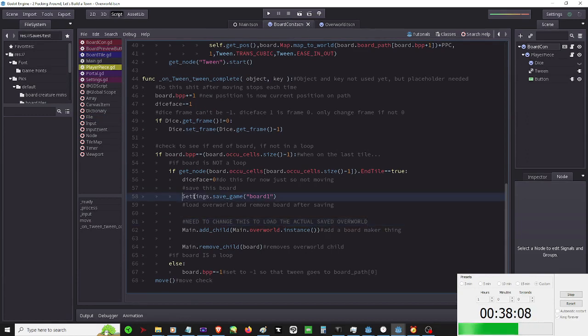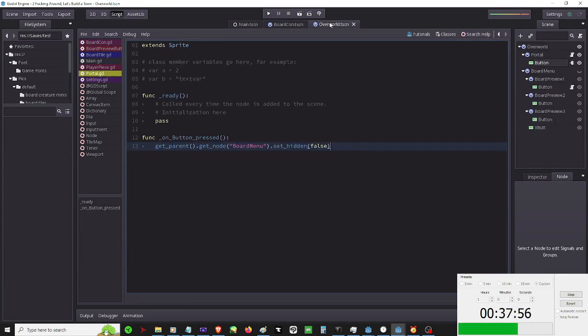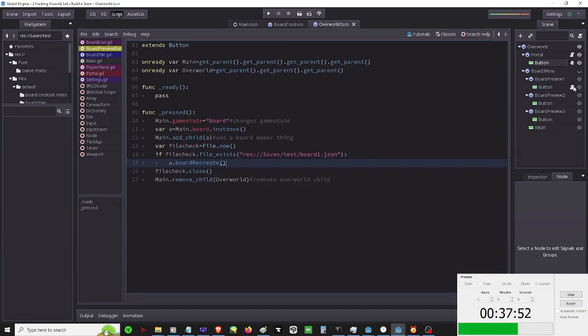So setting, save game, board 1. You basically got to change it to load game, but I'm not going to do that just yet. I'm going to just show it off. It's probably not that big a deal, but before I put it into here,